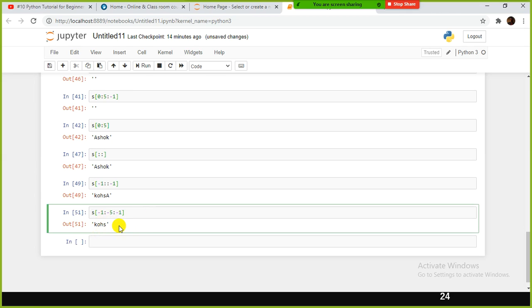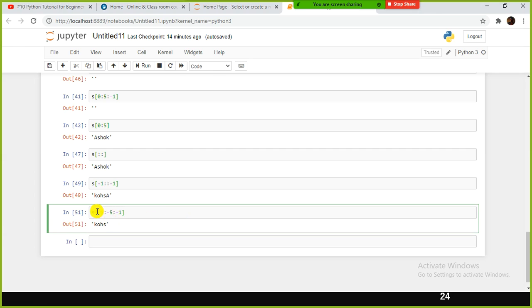But here you will not get everything because you are starting with -1, right? Starting from -1, it will take less than -1. Yeah, and -5 is less than -1, -4, right? It will take -1 to -4. That's why we are getting this. It takes into account -4, hence it gives us only this one, right?